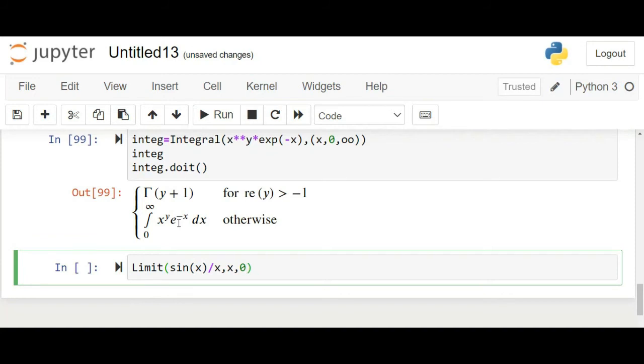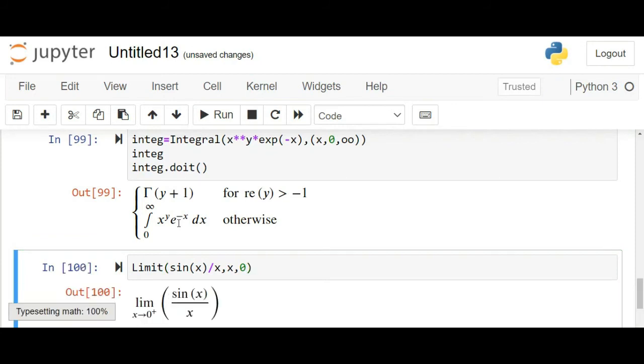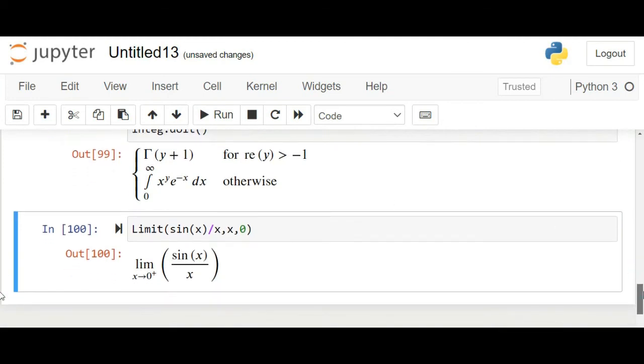In this case, our answer will be just like this, okay, limit x approaches 0 positive. If you want to print this, then it should be just like this. So we have printed it, okay,